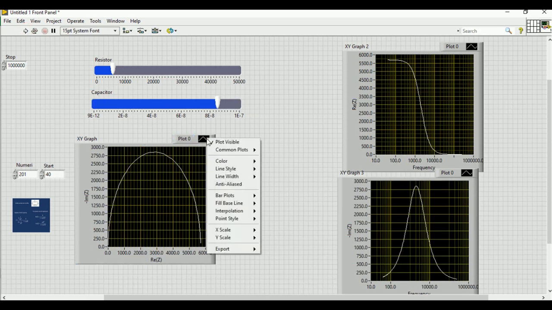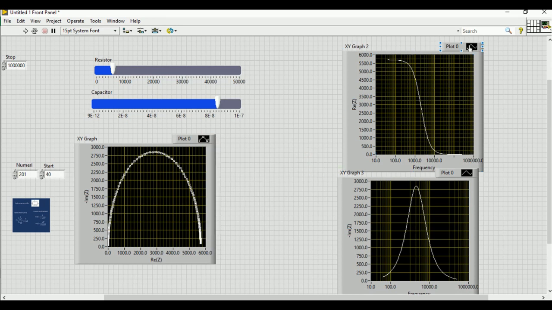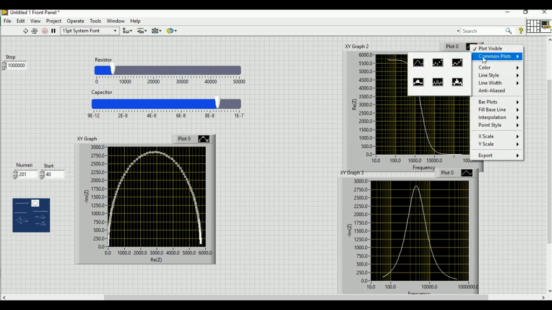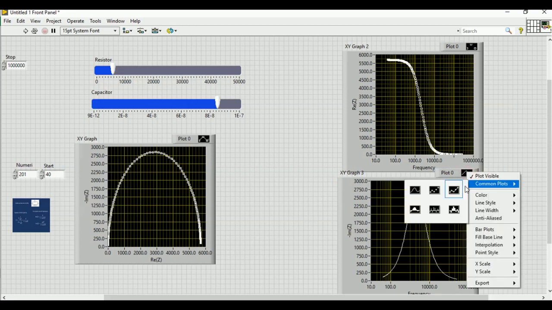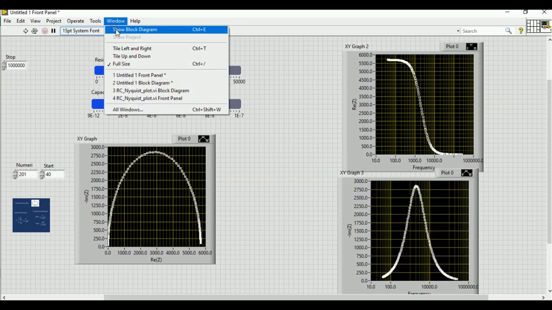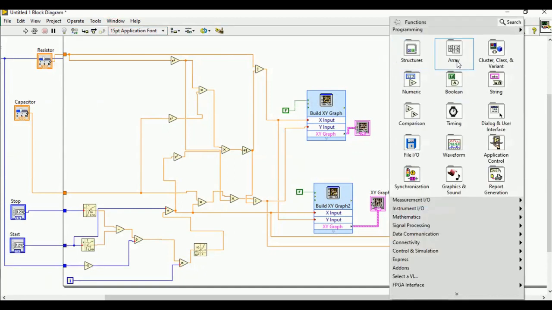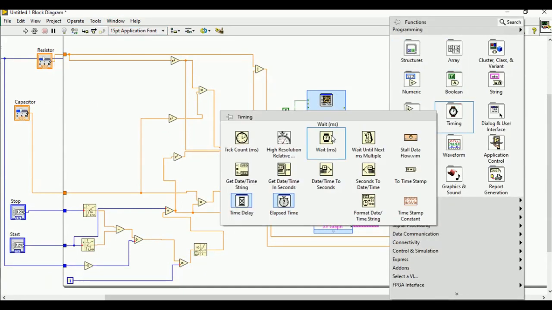If you want to visualize it in a better way, you can change the common plots for every case. Okay, and you can give a time delay as well, so that you can understand it more slowly, however slow you want.